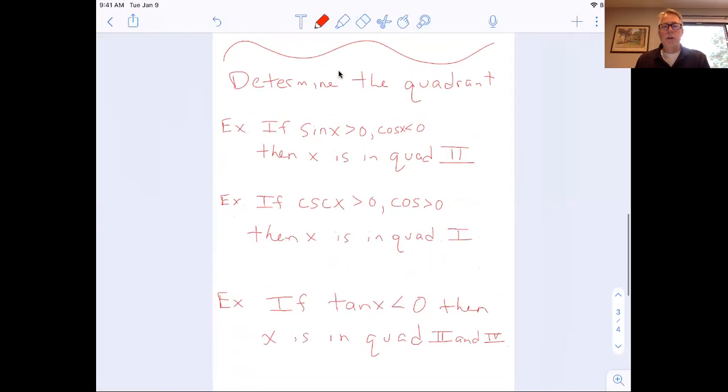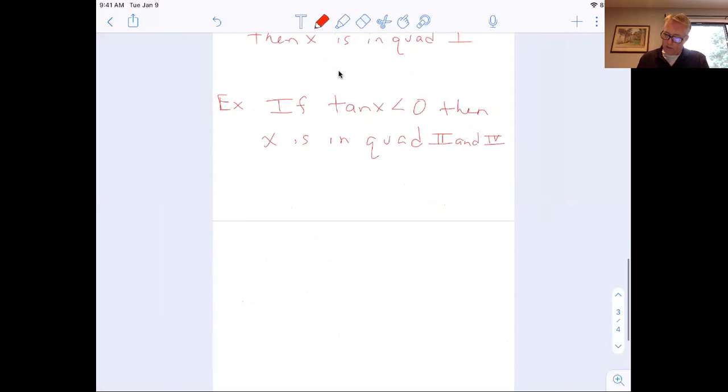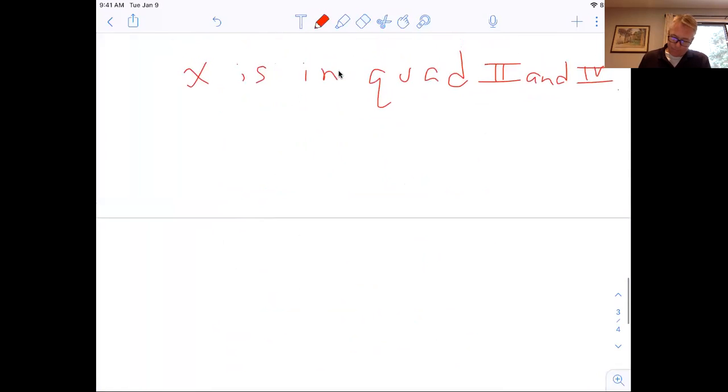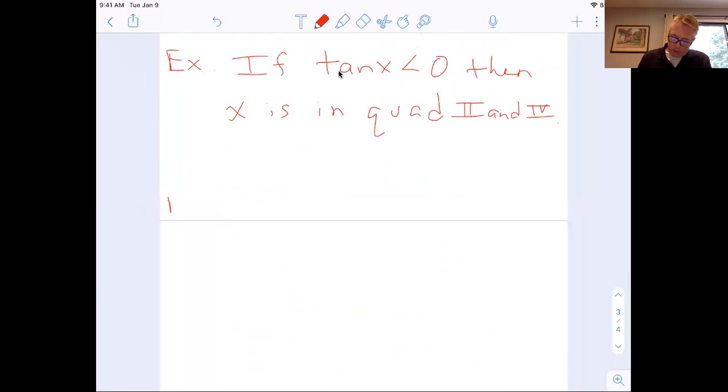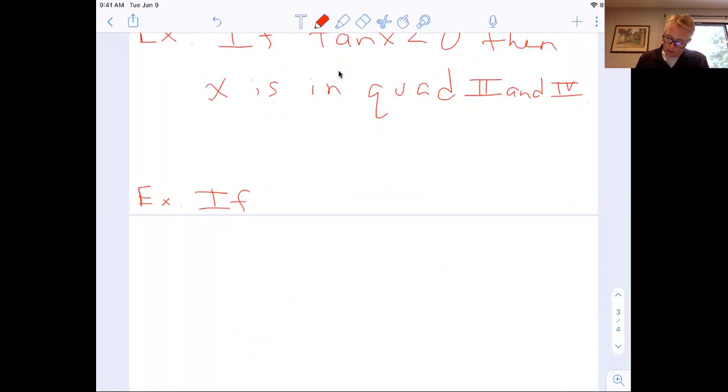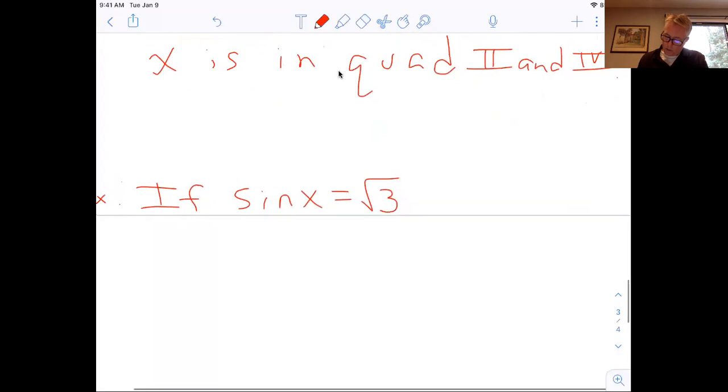All right, so that's determining the quadrant by being given whether they're positive or negative. Now, it might also be written a different way. It's just a little bit different, but let's say the sine of x is equal to the square root of 3. Don't worry about what the number is, the square root of 3. That's just telling us that it's positive. So if the sine of x is equal to the square root of 3,